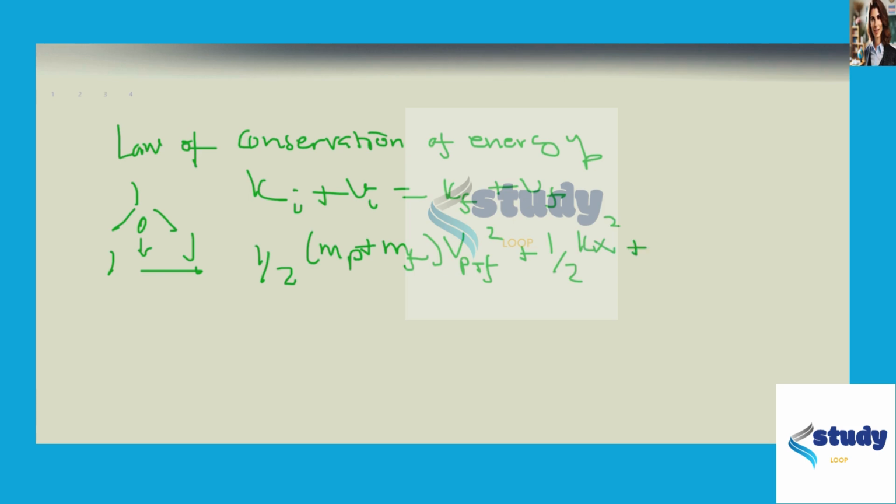And then also the potential has to do with the two masses moving together initially. So we'll have the mass of the party plus the mass of the frame times g, which is the acceleration due to gravity, and the specific displacement,